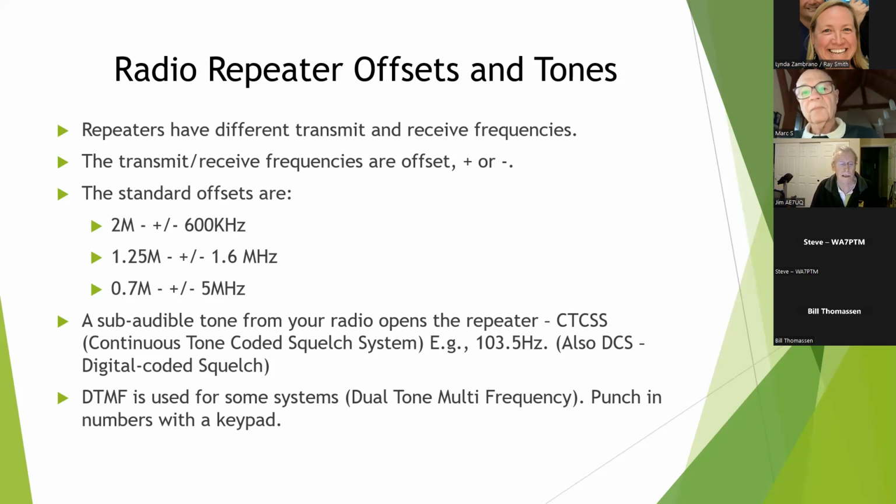And to your question on how come they're not all on all the time, and how does your repeater know that you want to talk to them? Okay, what you do is that when you turn on your radio and put in the frequency of the repeater you want, there's some other information that's programmed into your radio. One is a subaudible tone, and that's a wake-up call for the repeater. So if you're trying to call a repeater, let's say it's 145.68 megahertz,